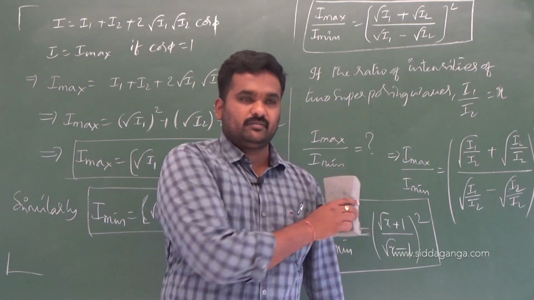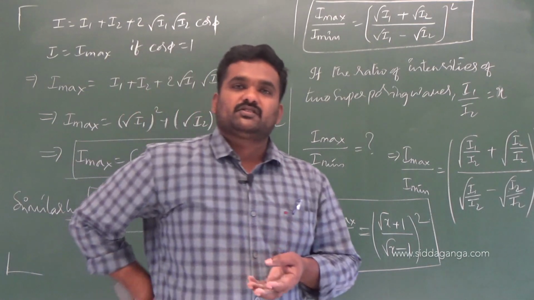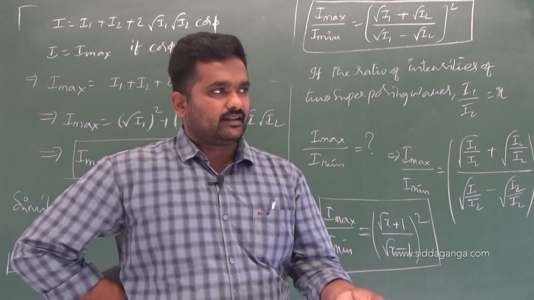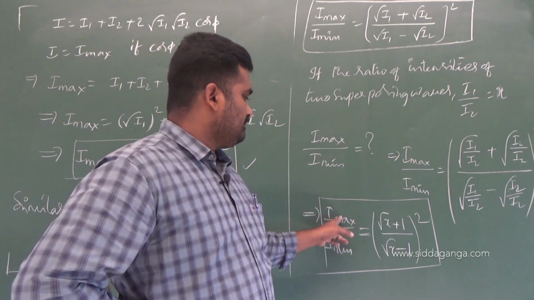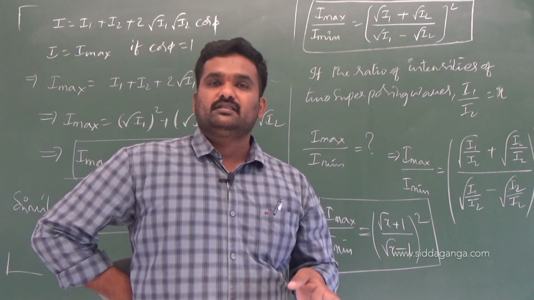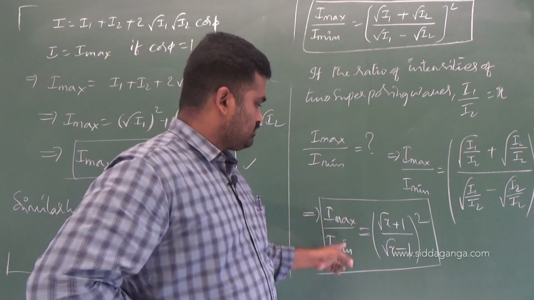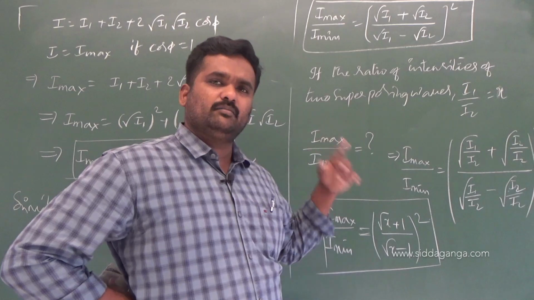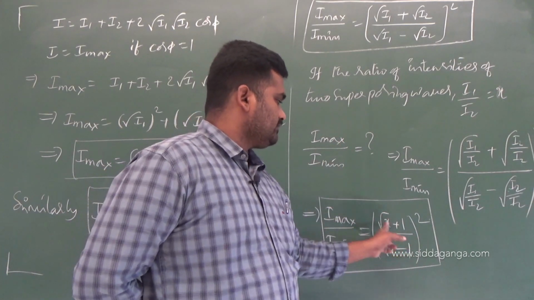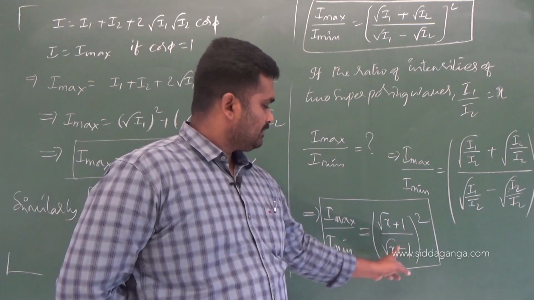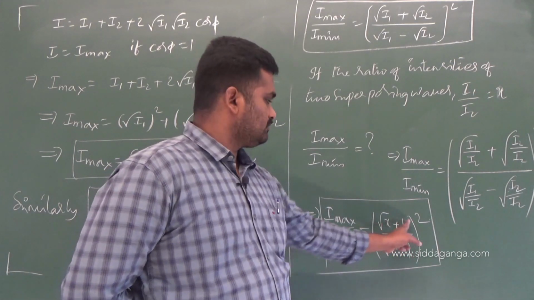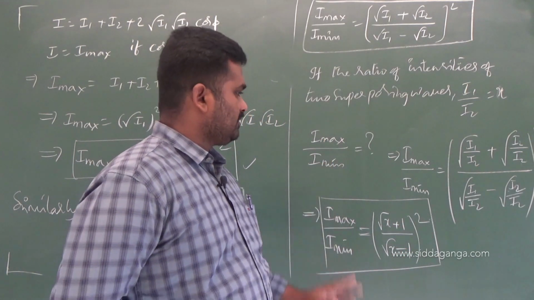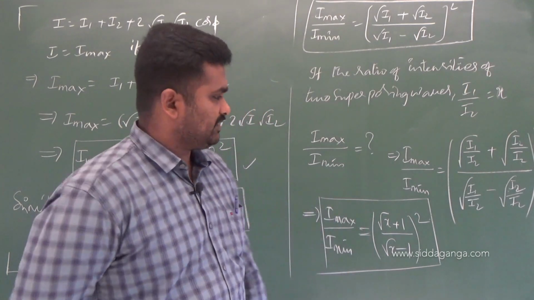The problem I already told you in the beginning of this point: if two waves which are going to be superposed have the intensity ratio x, or the intensity ratio is 5, then what is the ratio of maximum intensity to minimum intensity? Then I maximum by I minimum is root 5 plus 1 divided by root 5 minus 1. Or like 4 is the I1 by I2 value, meaning root 4 plus 1 by root 4 minus 1. Root 4 is 2, so 2 plus 1 is 3, by 2 minus 1, 1. 3 by 1 squared means 9 by 1 you will get. One of the options you have to pick there. So this is the kind of problem related to intensity that you have to remember.